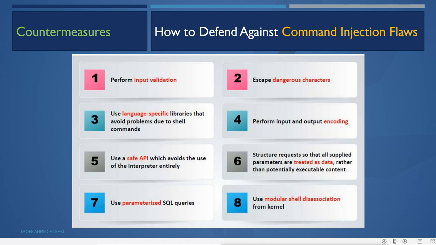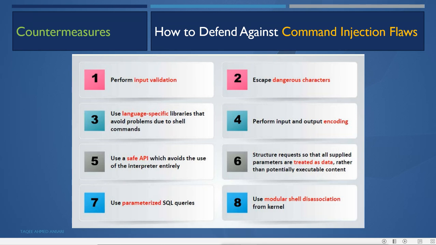Then structure requests so that all supplied parameters are treated as data rather than potentially executable content. Whatever input comes in should be treated as data, not as executable, because these command injections succeed when the inputs coming to the server are treated as executable, and that is why they execute.